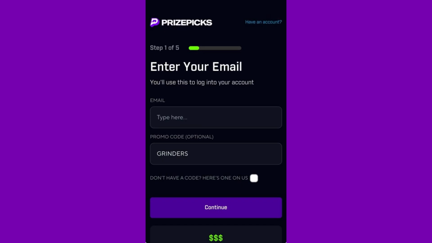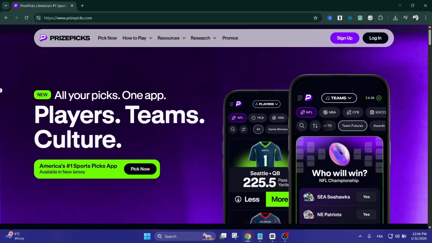If you do not see an option to change your email inside the app, you may need to contact PrizePicks support and request a change. They may ask you to verify your identity before updating it. That is how you change your email on